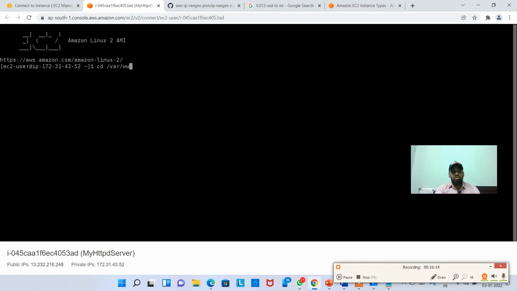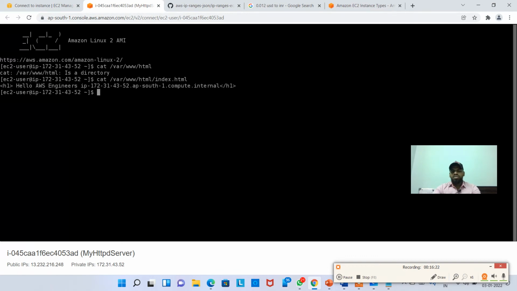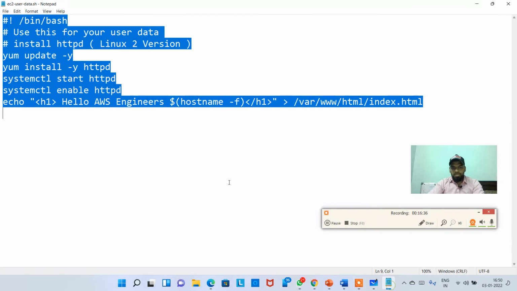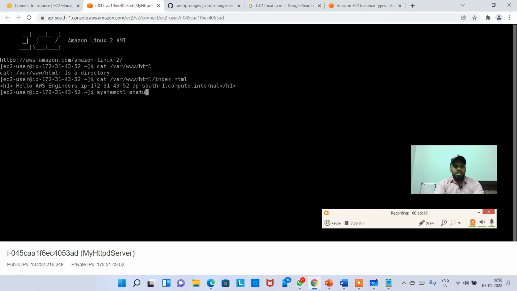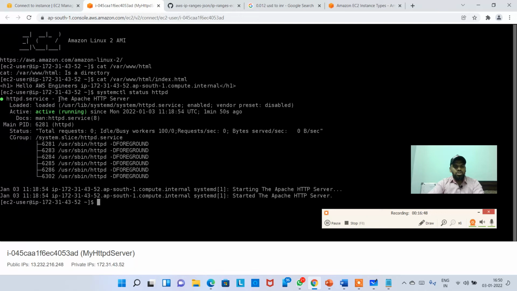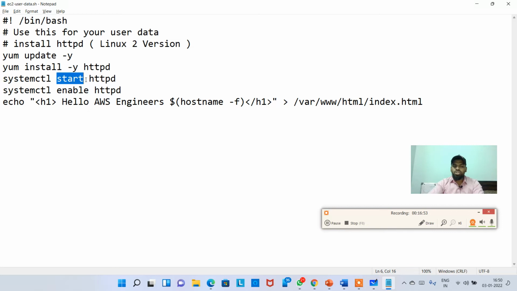cd /var/www/html. Okay, so cat index.html. See, the same thing which we have added there is available in the same file. Okay, that's good. Now the next thing is, if you see the script here, what we did was systemctl start httpd. So if you want to see that, systemctl status httpd. It says the Apache HTTP server is active (running),